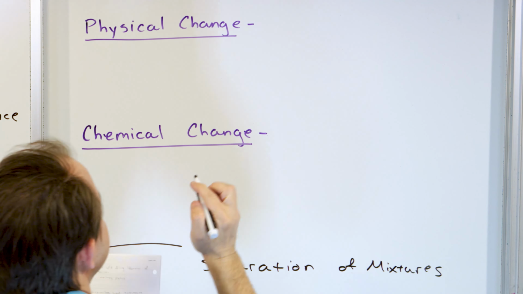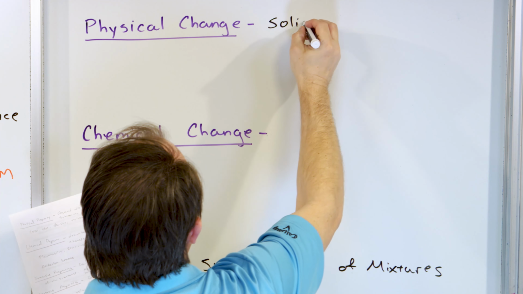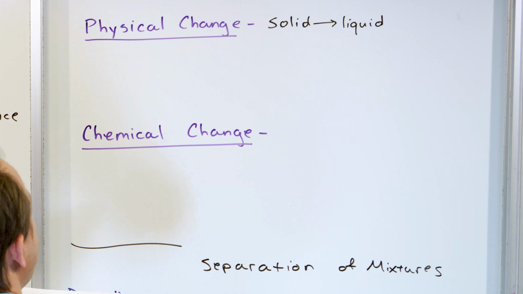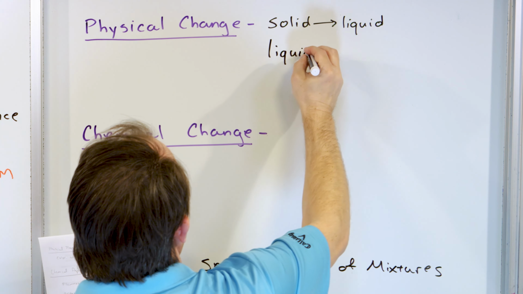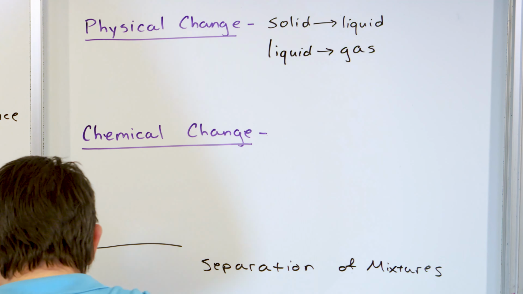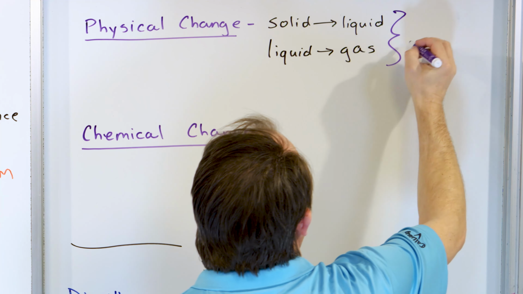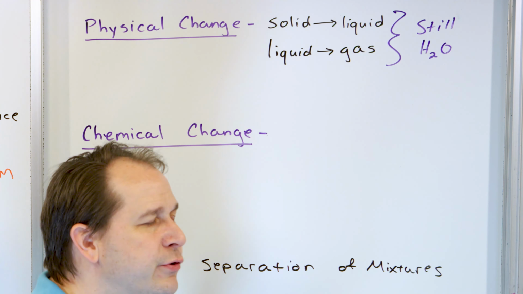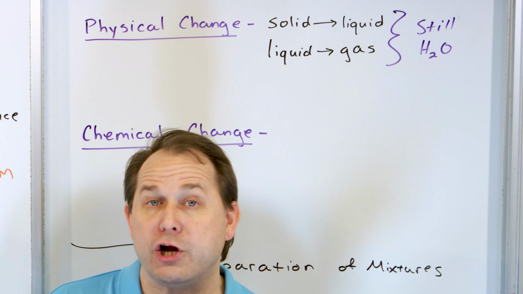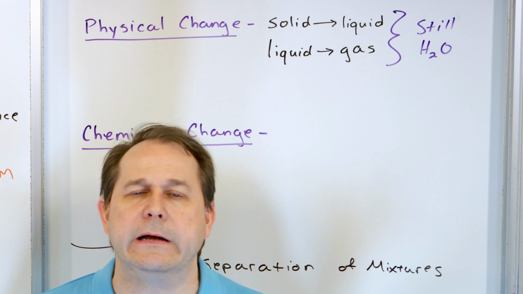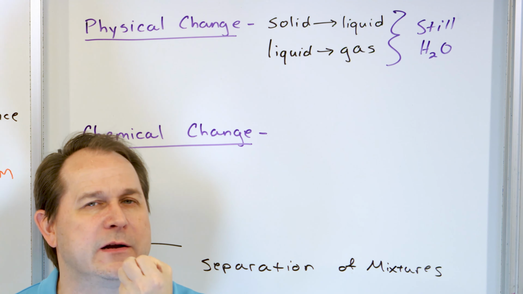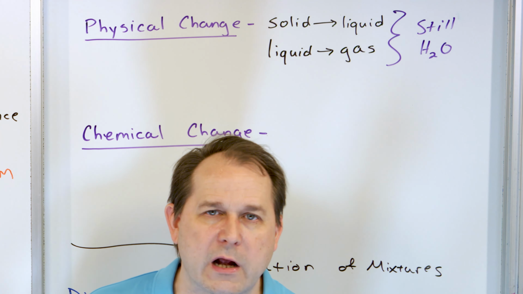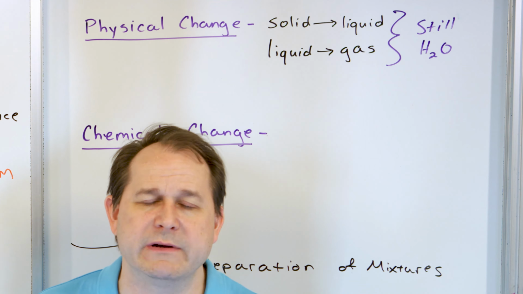So a physical change, the best example, is when you go from a solid to a liquid. Think about ice melting. Or if you go from a liquid to a gas. Because in all of these cases, it's still just H2O. A long time ago, before we really knew the nature of molecules and atoms, of course they thought water and ice were totally different things. They had no idea what was going on. But now we know that if you could zoom in on a molecule inside of the ice crystal, and if you could zoom into the molecule inside of a glass of water, the molecule looks the same. It's still H2O and it has the same shape.